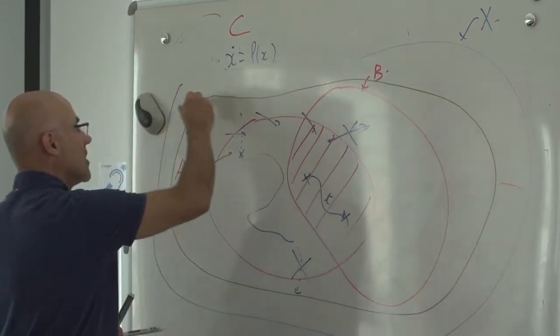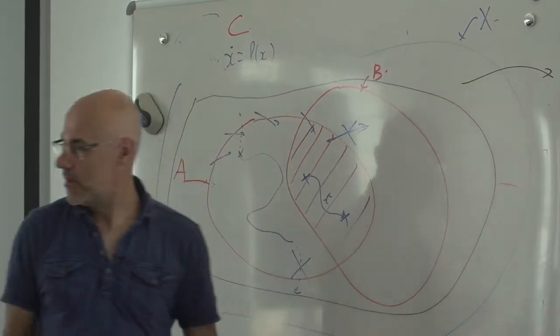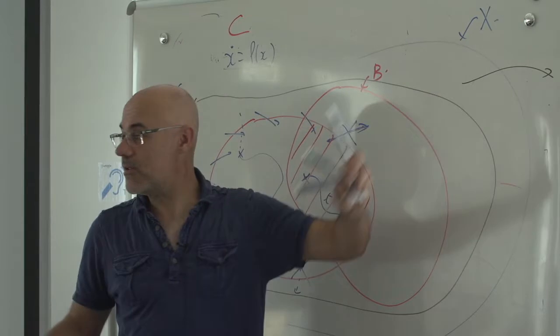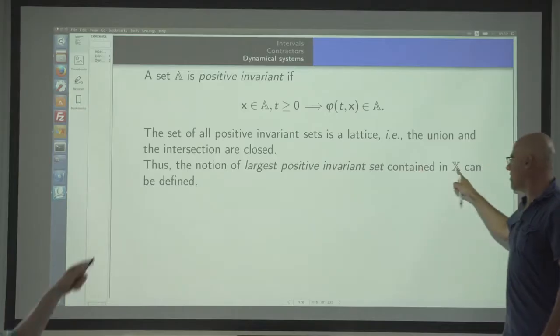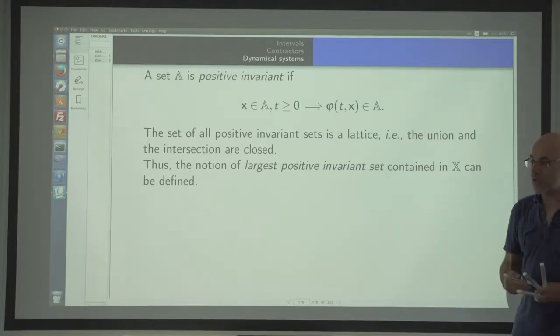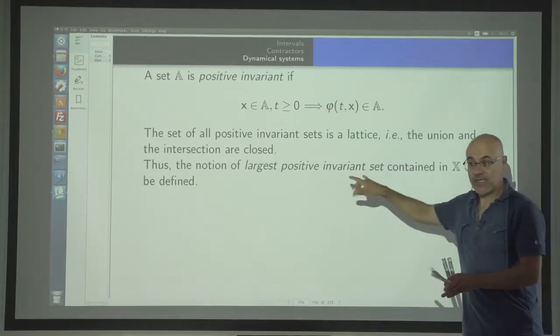It may be the whole space, but maybe not, because some point here may go outside. The notion of largest positive invariant set containing X exists due to the fact that the union of two is positive invariant. So, in fact, since it exists and it is unique,